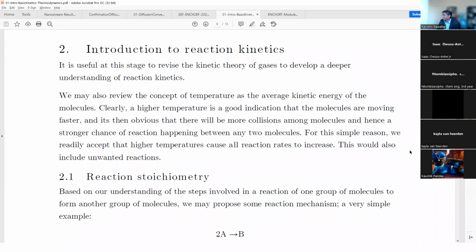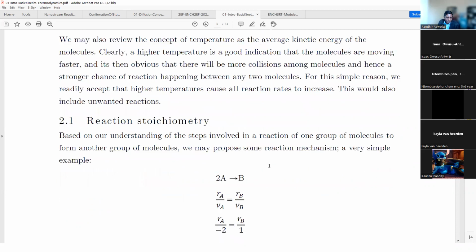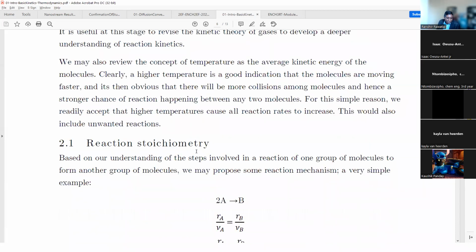By the way, when you see me looking to the side here, it's this other screen. It's a big TV, so that's why I have to turn my head. Anyway,